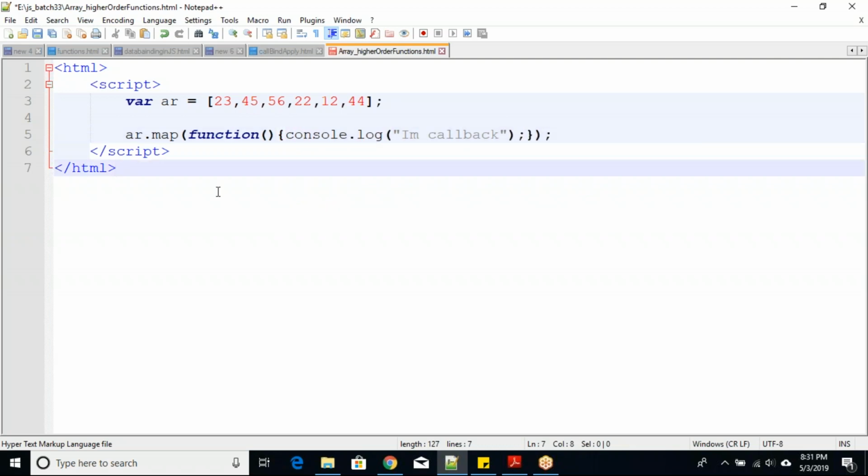So what is the definition I have given? Map is a higher order function of an array which will call a callback function for each value of the given array. Is it fine? So what is the output I'm going to get?